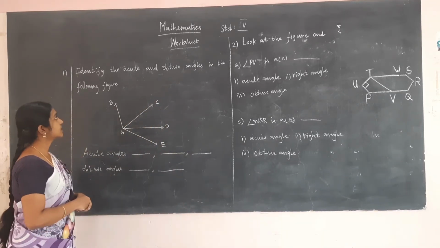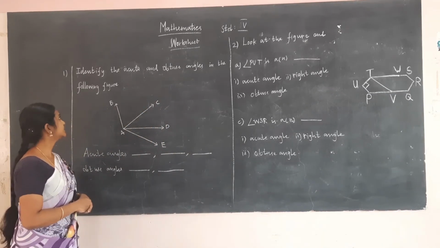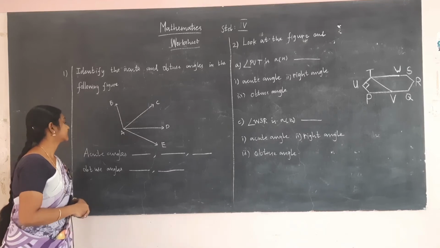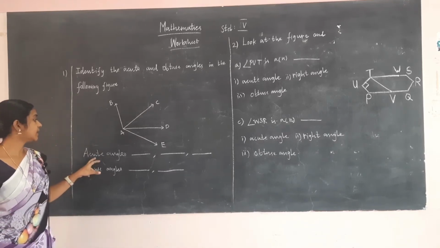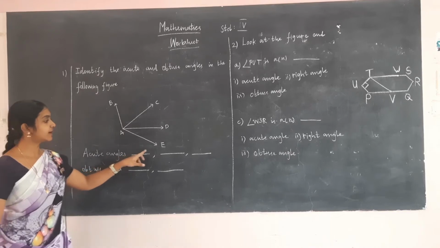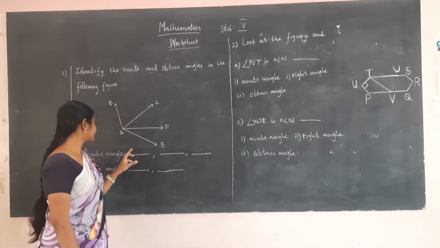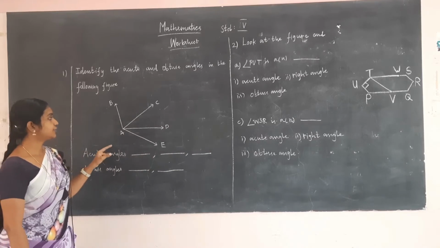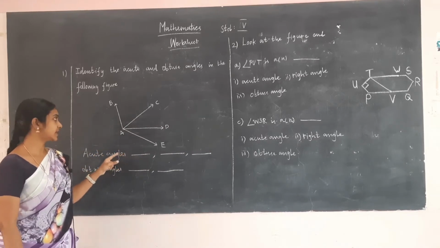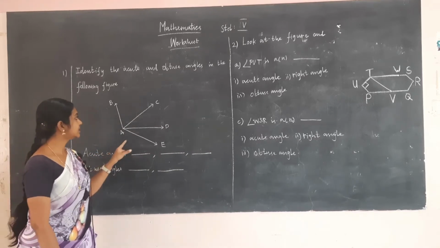The first one is identify the acute angle and obtuse angle in the following figure. Now we are going to first find acute angle. I am going to find first two and you are going to find the last one. Acute angle is less than right angle. You can see acute angle in